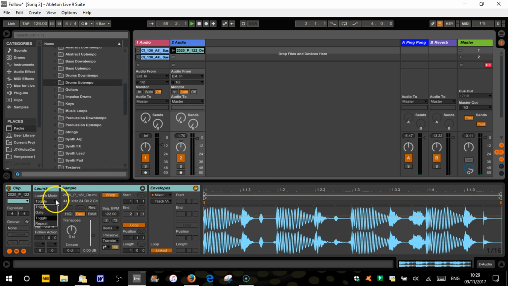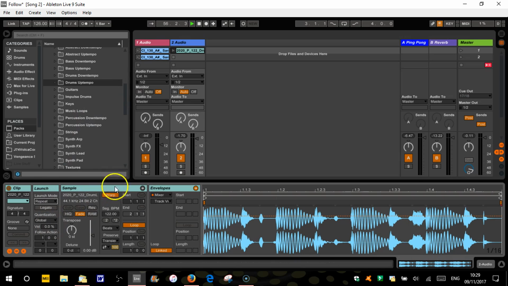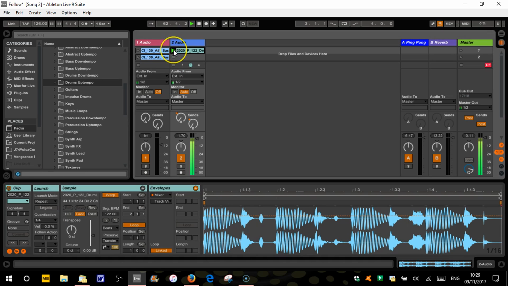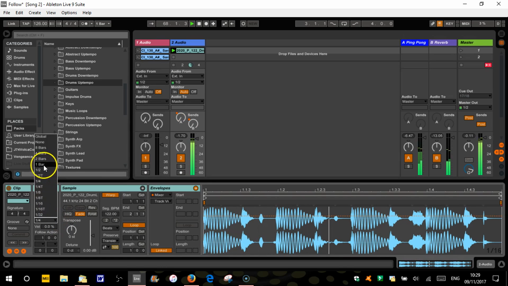And then finally we have repeat. This will repeat the beginning section of the loop, depending on our quantization. So I'm going to set this to quarter note first of all. The clip will play normally, and then when I press play again on here, you can see it's now launched there, repeating the first quarter note. If we do a half note,